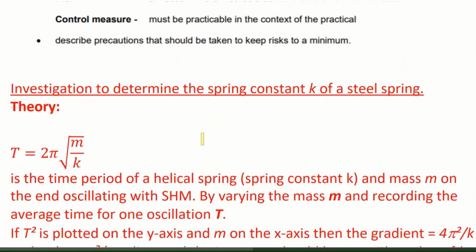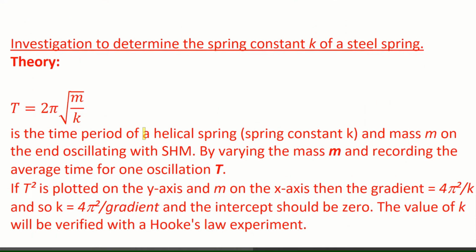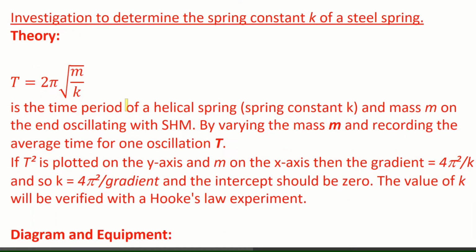Okay, so here's an example. The investigation to determine the spring constant K of a steel spring. So first of all, the best thing to start with is the theory aspect of it. So we know the theory for the spring is the time period is this. Okay, so we're obviously going to be looking at the constants involved, the M and the T. So what we're going to do is vary the mass M and record the average time